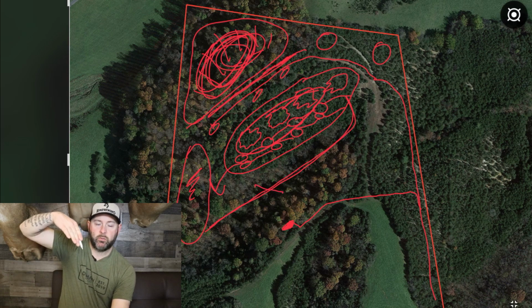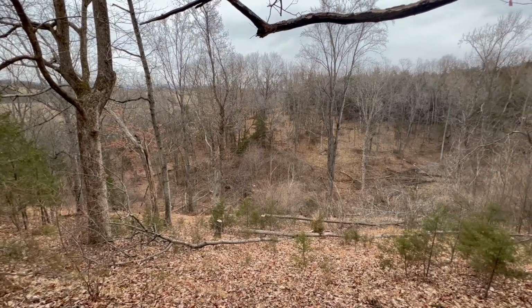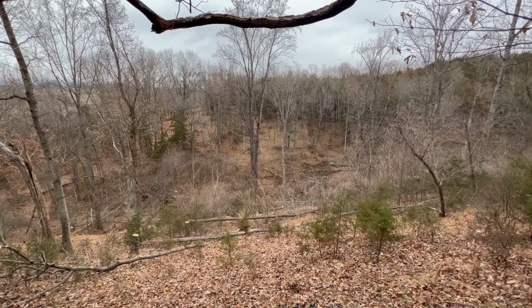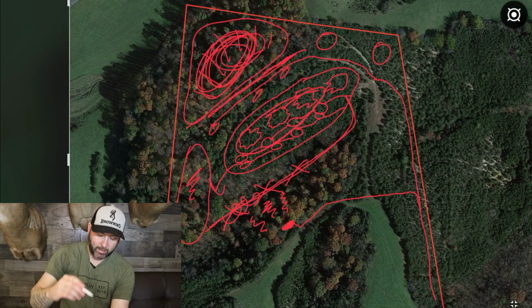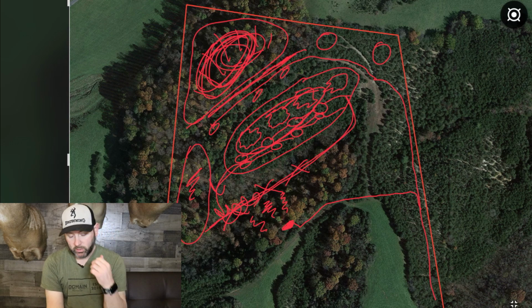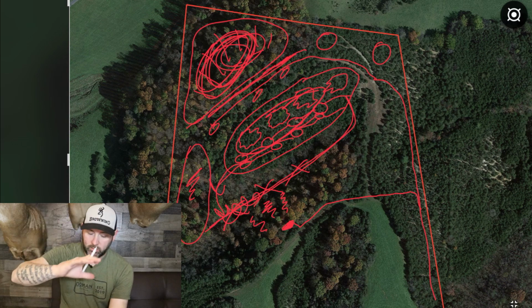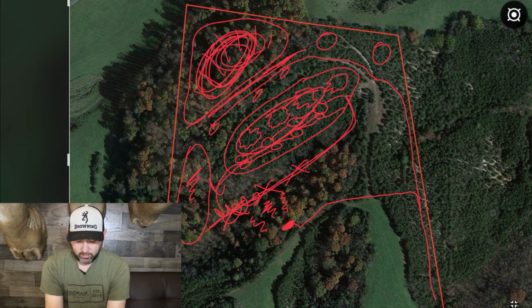And it's a huge hill that goes down toward this, into this bottom, right in here is a huge bottom. So we cut the timber kind of like in here a little bit to open it up, so they actually have a rifle shot from up high looking down into this bottom to shoot this trail. And these bulldozed roads that we came out goes right back into this travel corridor through there. So we basically just made a big loop through this entire thing on this back side of this property,